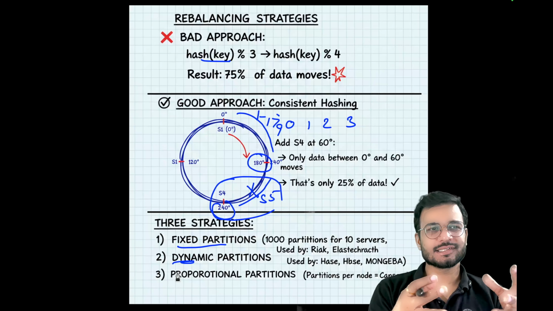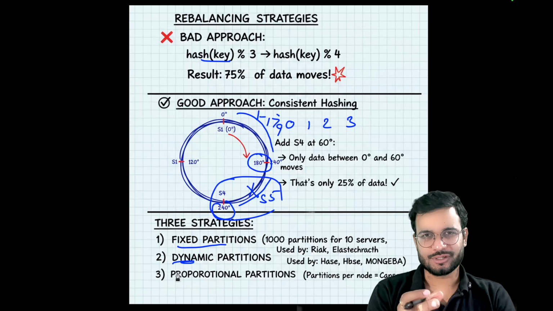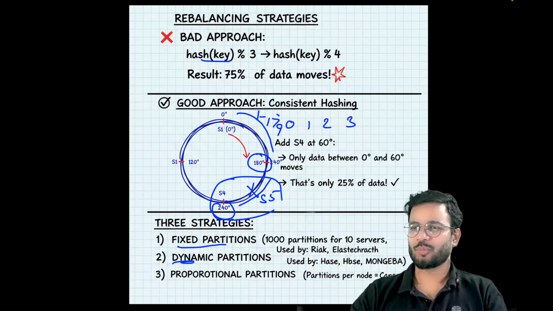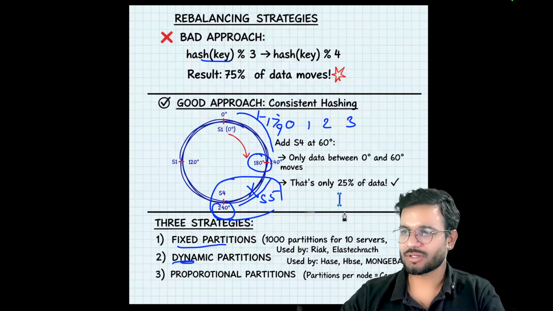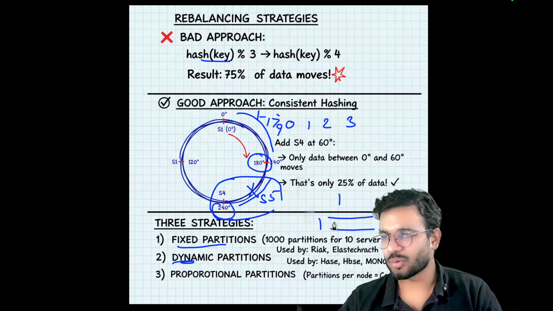So dynamic partition is like a B plus tree. In a B plus tree, whenever there is a limit, for example, the data limit is 4, each partition can have only 4 data. So what we will do here is create data here: 1, 2, 3. So when it reaches 4, we will divide this partition equally. So now we will have 2 partitions. Each partition will have 2 data.